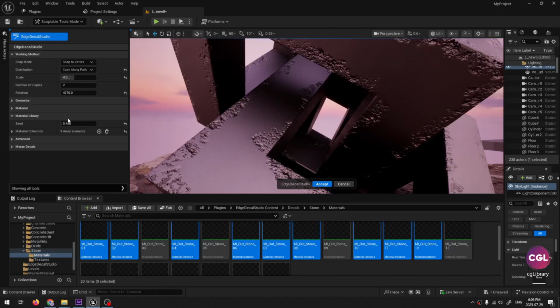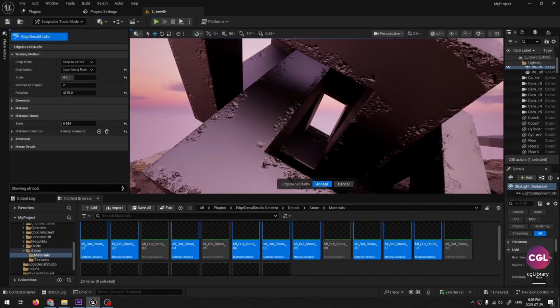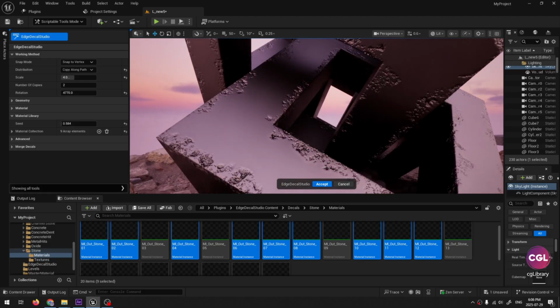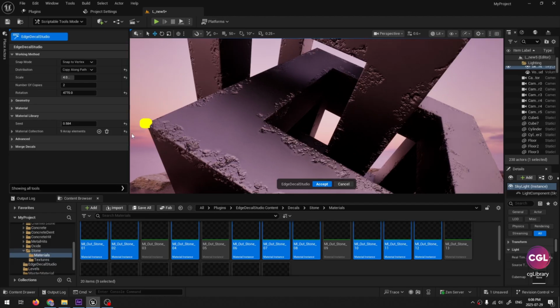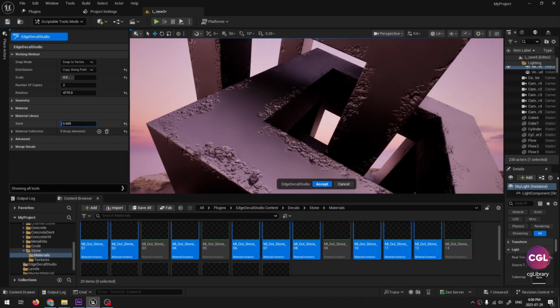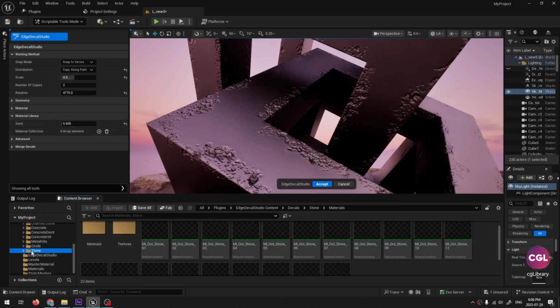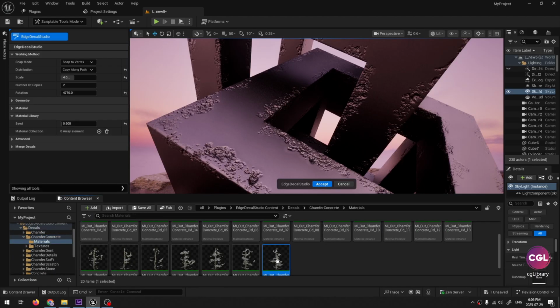What can you do with that? For example, rename hundreds of assets with just one click, move selected actors to a specific folder, replace materials on multiple meshes at once, or even spawn an entire setup of meshes or lights with just one click. So basically, if you find yourself doing the same thing over and over, you can make a tool for it using the script tools. And now let me show you a quick tool, using as an example